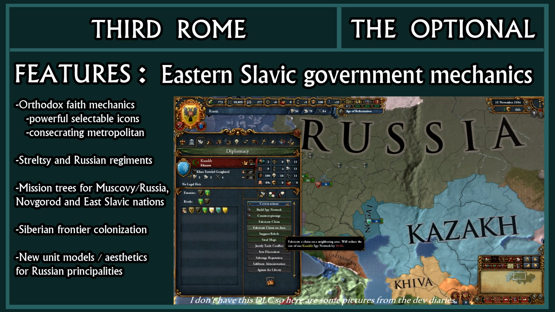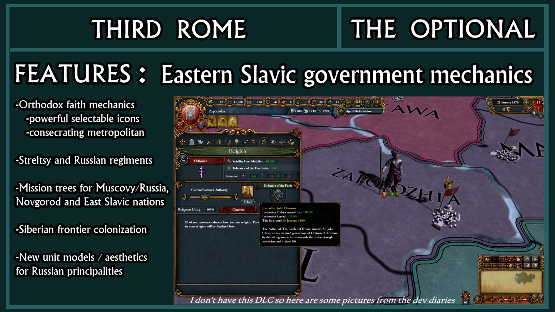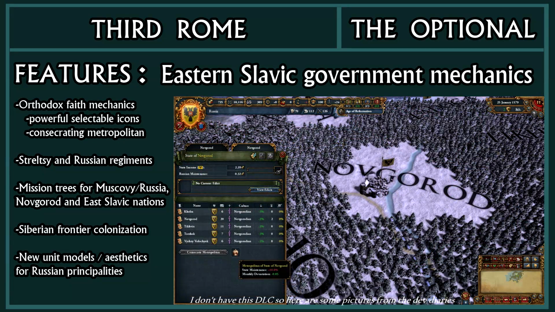Among the Russian government mechanics Third Rome introduces is the powerful ability for Tsardoms to fabricate claims on entire states for only 50 spy network, greatly facilitating large-scale conquest. Additionally, Third Rome provides all Orthodox nations the ability to select between powerful icons and the ability to increase patriarchal authority via consecrating owned and court states. As if this wasn't already enough,